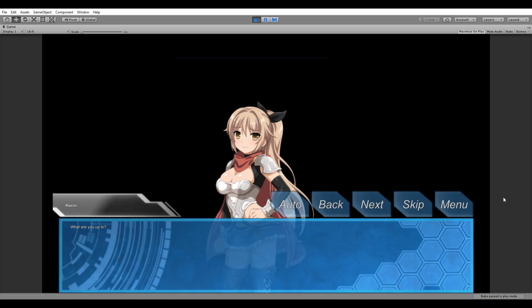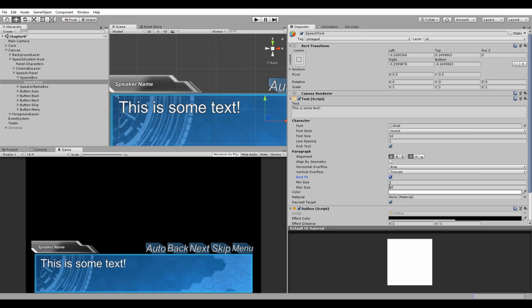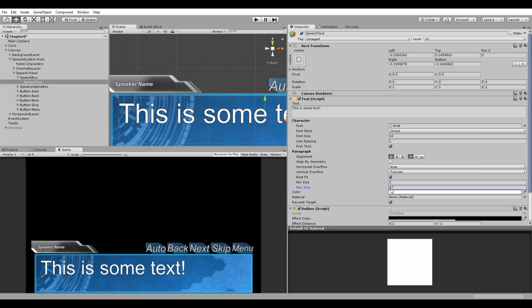Without any form of text adjustment, our font size is going to be really small when in full screen or really big when in a minimized window, depending on the font size in use. Now, some people may say, just enable best fit, that way the text will adapt to fit its bounds. And that looks halfway decent right now, but believe me, that's the last thing we want to use, because it's